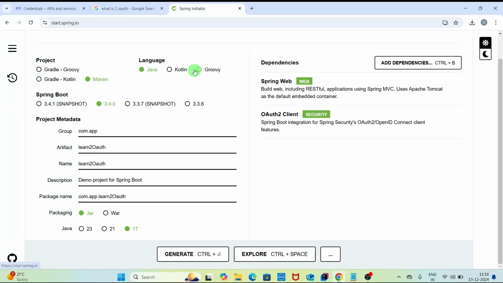वेलकम बैक टू माय चैनल। आज हम सीखेंगे OAuth authentication कैसे हमारे प्रोजेक्ट में इम्प्लीमेंट करते हैं। तो फर्स्ट ऑफ ऑल वी हैव टू क्रिएट वन प्रोजेक्ट।